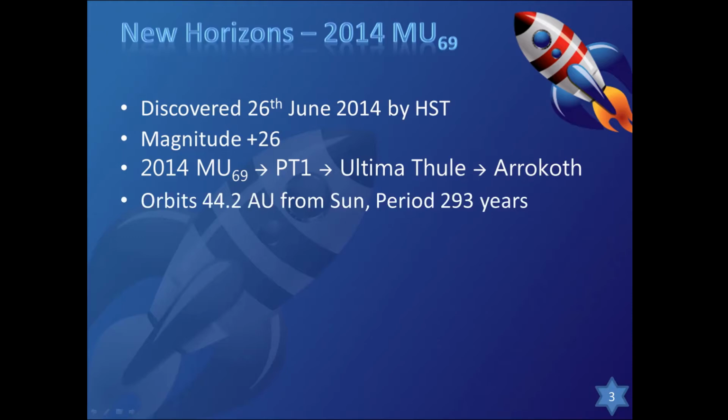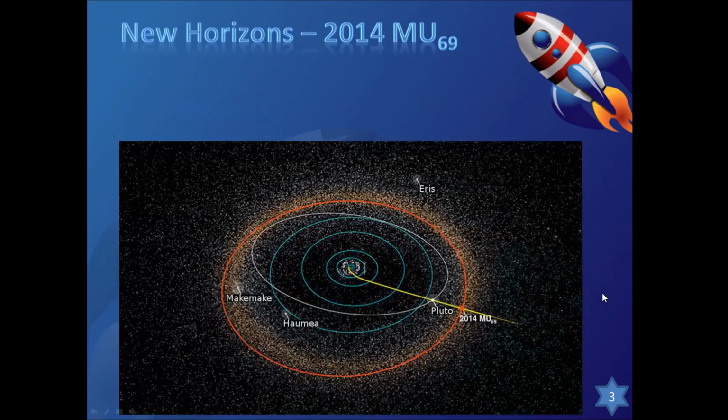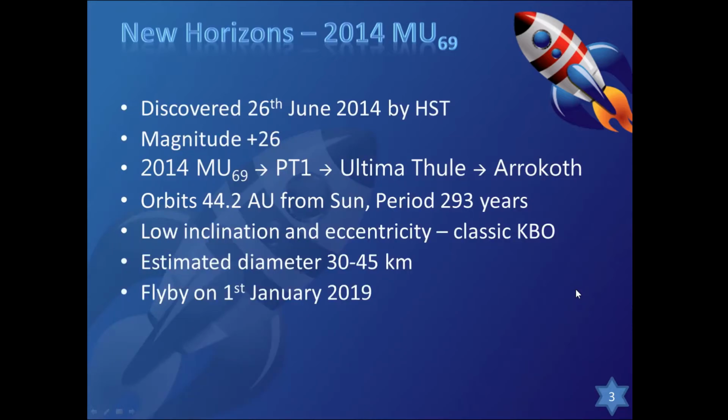Now, MU69 orbits 44.2 AU out, with a long orbital period, low inclination and eccentricity, a classic Kuiper Belt object, with a diameter that's estimated at about 30 to 45 kilometers. So this was the path that was taken out. It turns out that it's not a lot further out than Pluto, and the flyby eventually took place on the